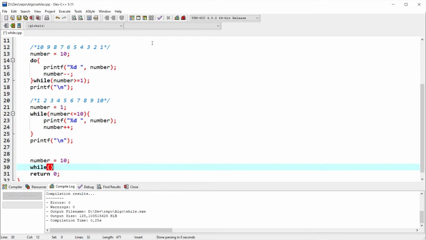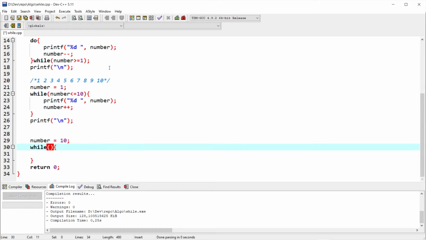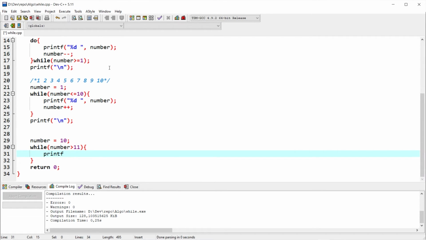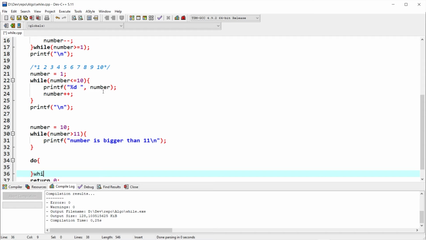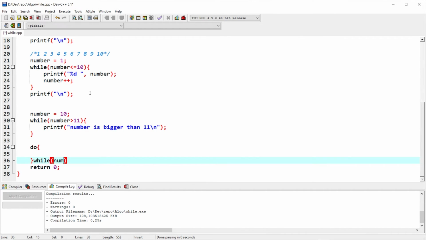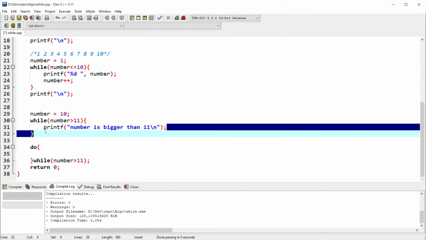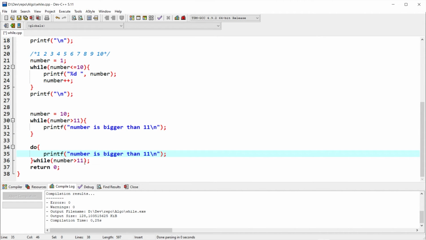My number is equal to 10. Okay, then I will perform the while here. While number bigger than 11, then I will print number is bigger than 11. Okay, and also I will put the do while here. In the do while here, I will also perform number bigger than 11. Okay,